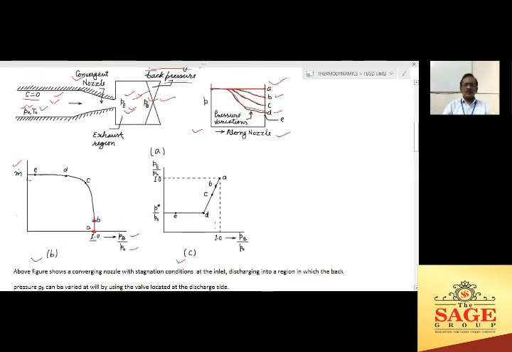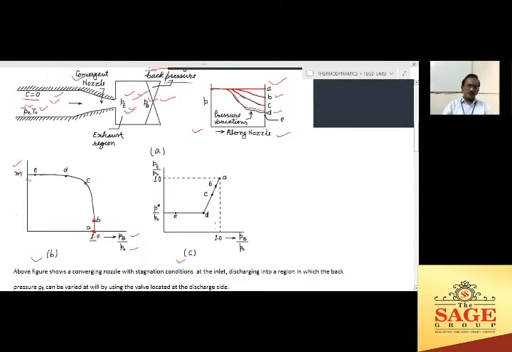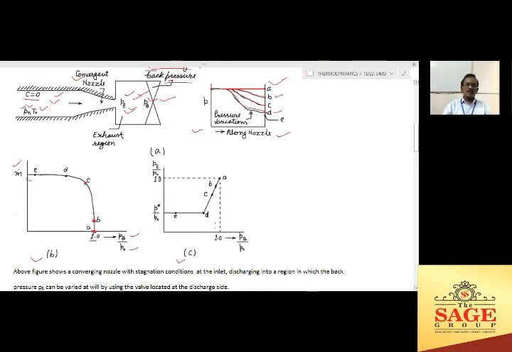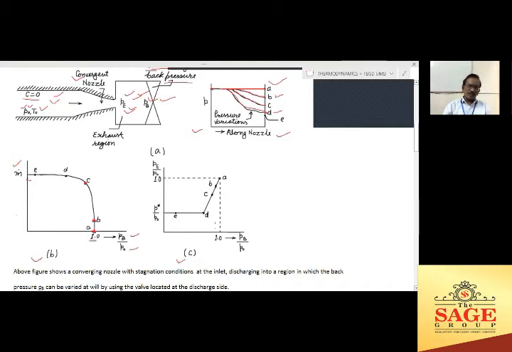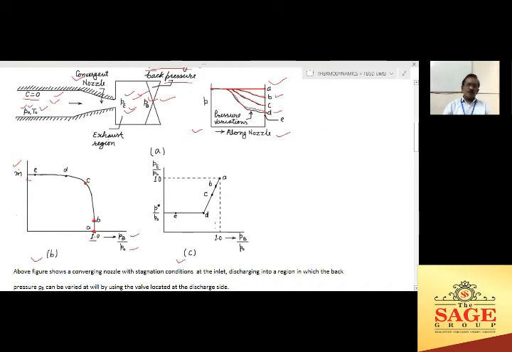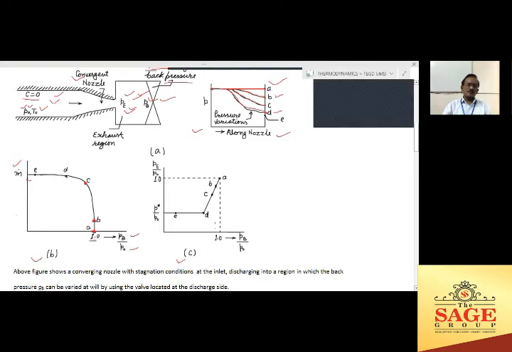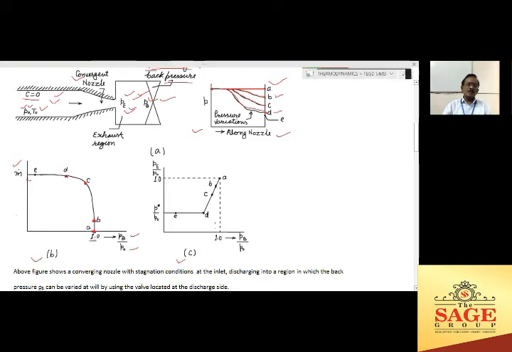On further reduction of the back pressure, the axial pressure will decrease and we will get the point C. Point C indicates that when we are further decreasing the back pressure, or the exit pressure, the mass flow rate is increasing. If we decrease the back pressure further, we will get the point D. And here at point D, the mass flow rate is approximately the maximum.